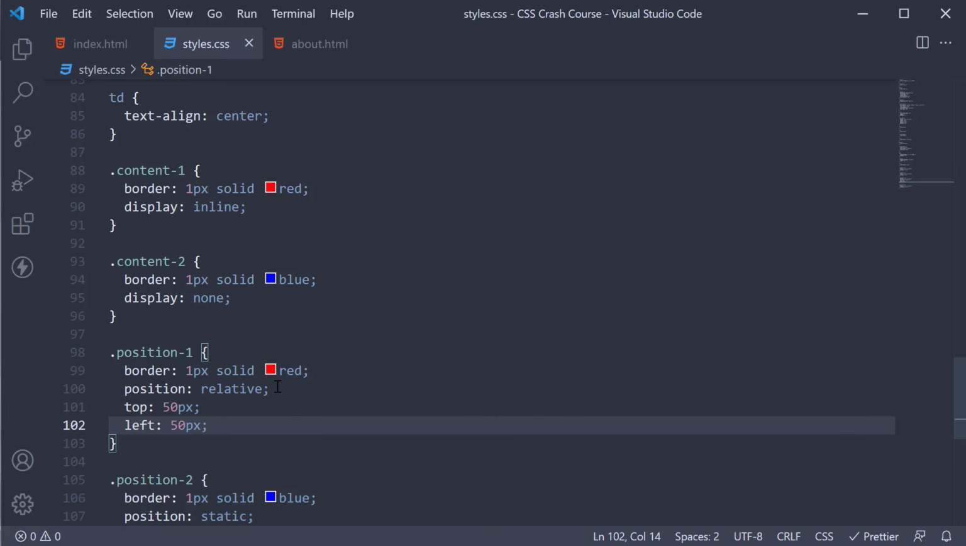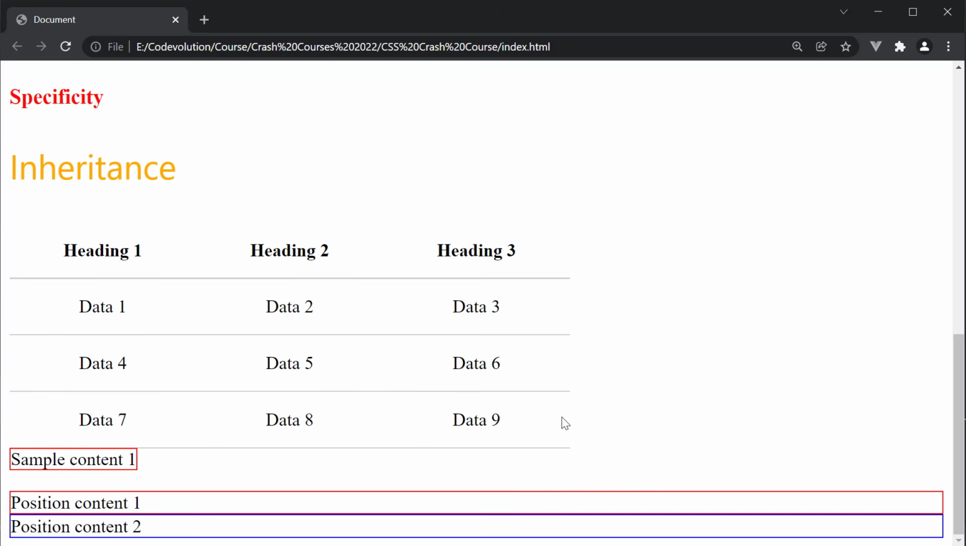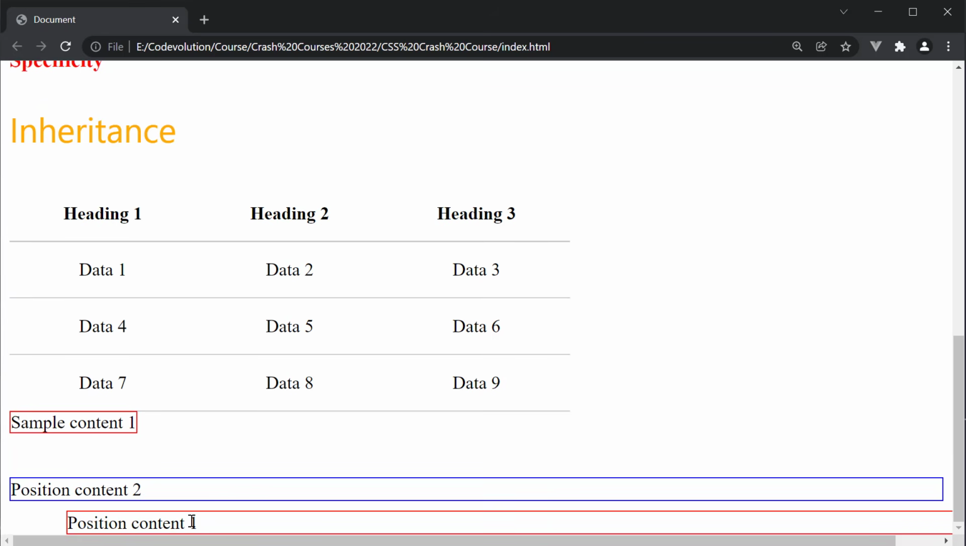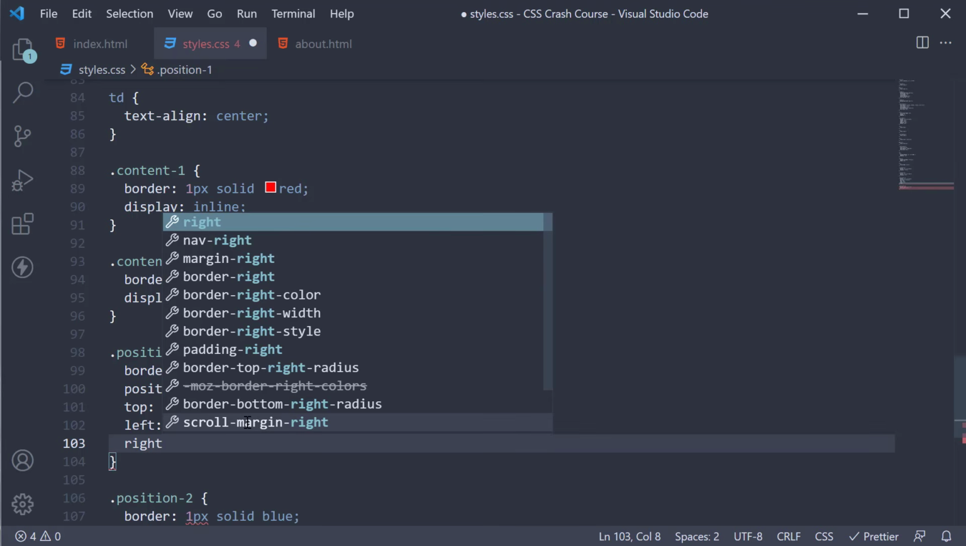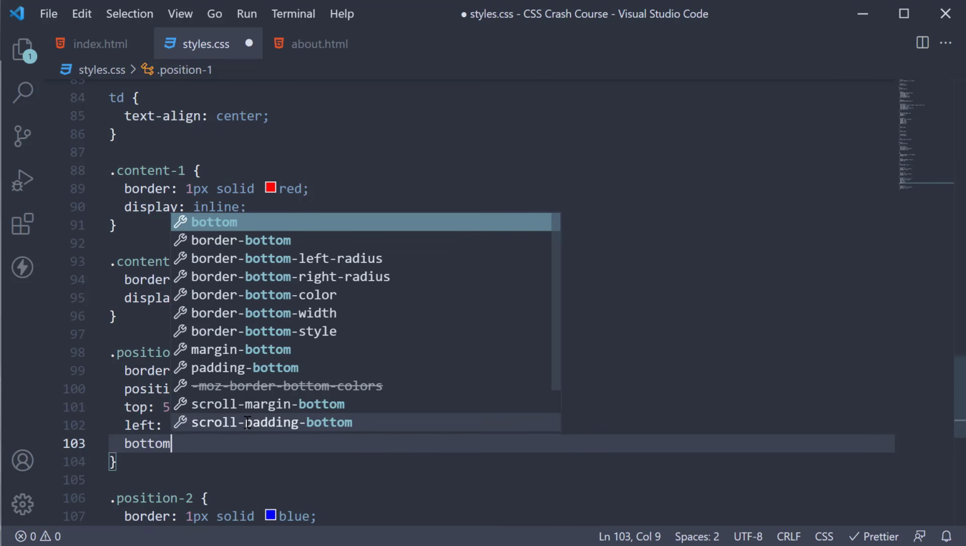If we take a look at the browser, refresh, you can see the first element, which is position content 1, is now pushed 50 pixels from the top and 50 pixels from the left. So relative to its original position, it has been displaced by 50 pixels and 50 pixels. Now similar to top and left, you also have right and bottom, which have a similar effect but from the